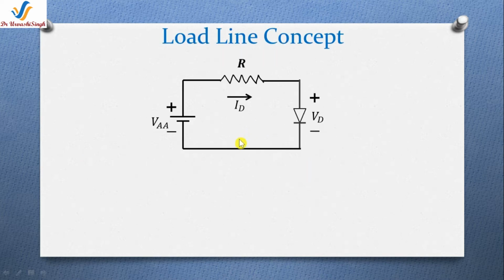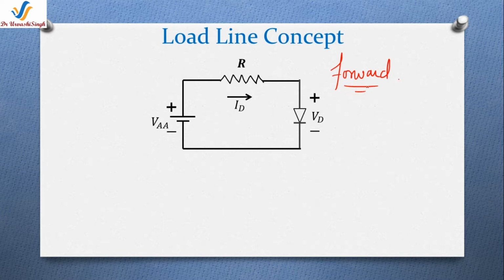Let's first understand why we are studying the load line. What is its significance and where will it be used? So load line, focus on the name. The load line means definitely this is a line which we are going to draw, and this line is very much defined by the load in the circuit, and that's why the load line. And we are going to draw this load line on the forward characteristic of the PN junction diode.